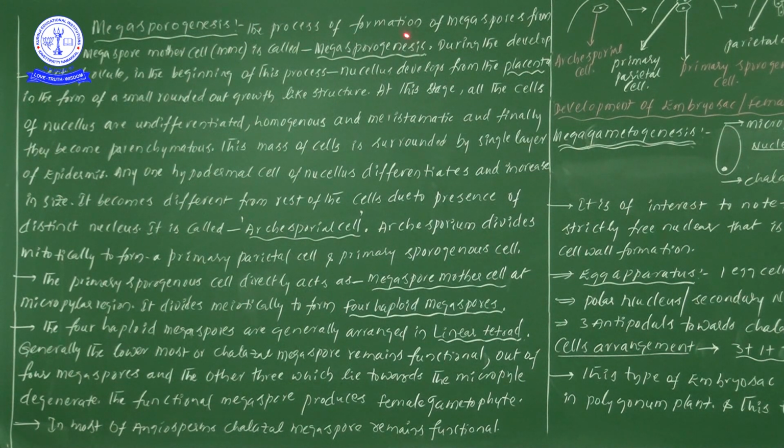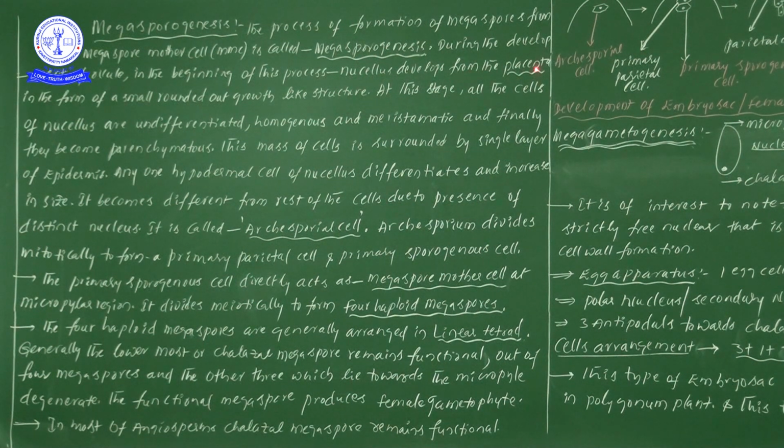The process of formation of megaspores from the megaspore mother cell is called Megasporogenesis. Here we are observing the development of megaspores, which develop from the megaspore mother cells. That particular process we take as Megasporogenesis. Now, during the development of the ovule, in the beginning of this process,